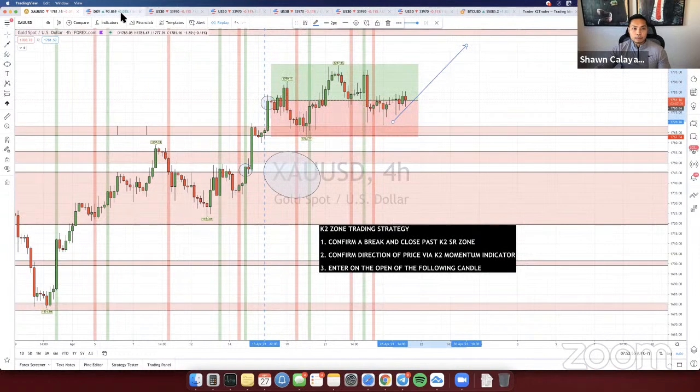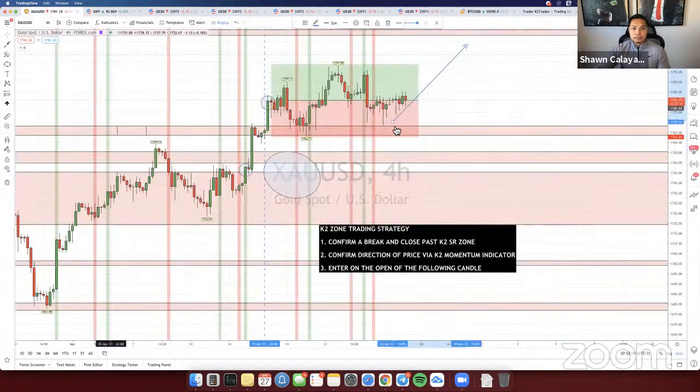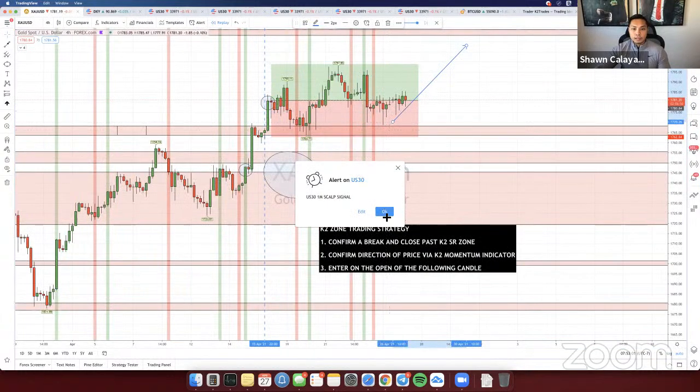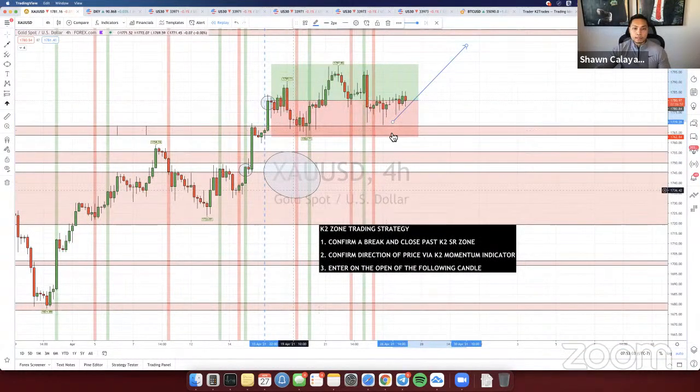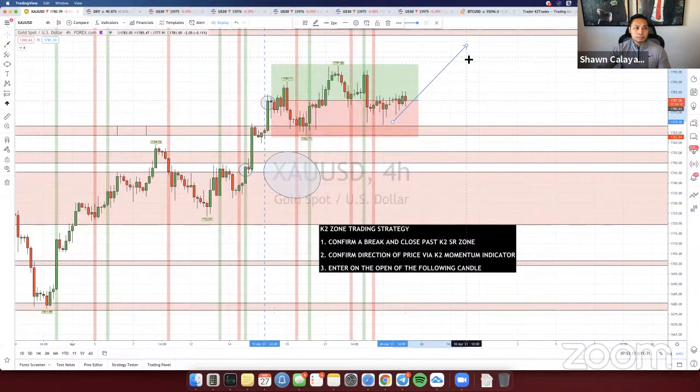Plus on top of that, we looked at the dollar here. The dollar is weak, so we use that as a confluence to navigate through here, and that's what we're looking for to confirm that price is going to continue pushing up. So one confirmation is this move over here hasn't completed. Our second confirmation is the DXY is weak right here. As long as the dollar is weak, gold will continue pushing up because it moves opposite.